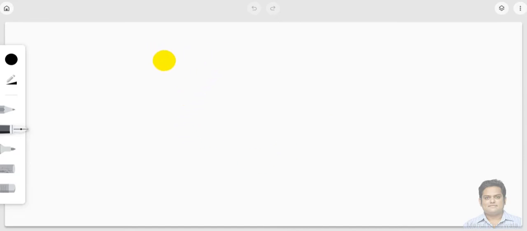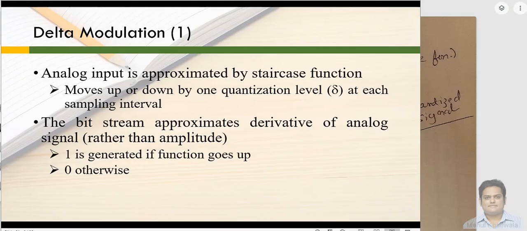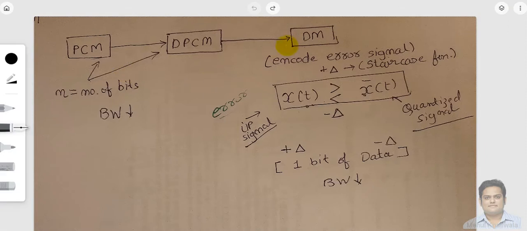Alright, so even in this case, we are going to follow all those 3 steps which we have discussed in PCM. Basically, the first step is sampling, the second step is quantizing the outcome, and then we are just going to encode, fine? So the basic 3 steps will be followed even in this particular technique, and we are just going to go through it once. Now, here you can see delta modulation. Alright, so let us introduce this delta modulation.